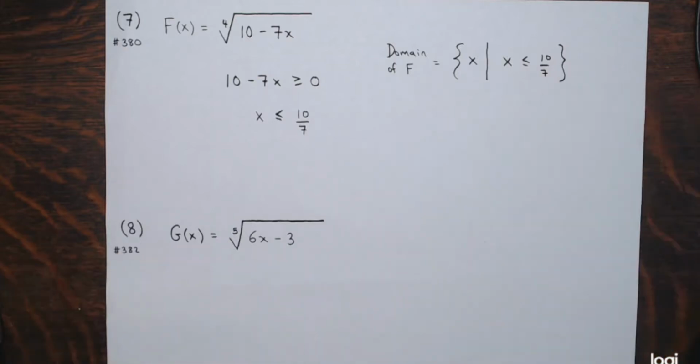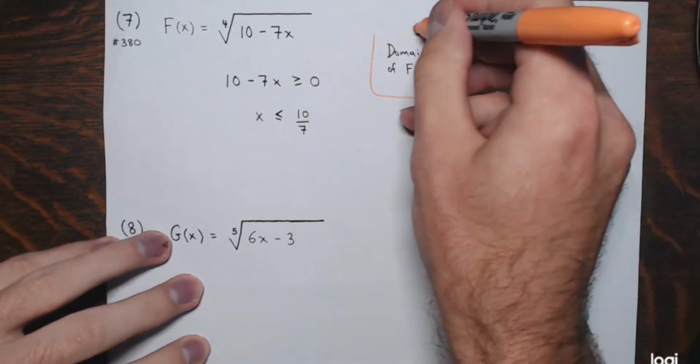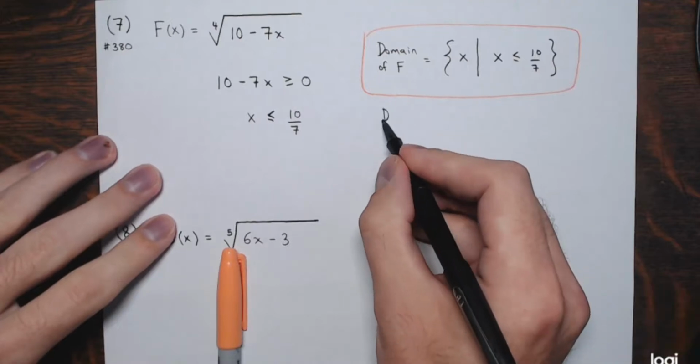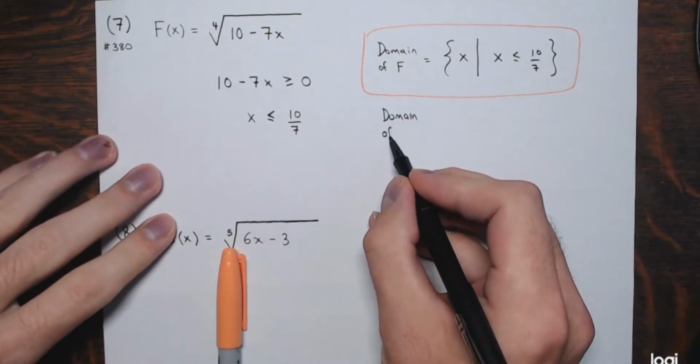So that's one way to put it in set builder notation. The other way is with interval notation. Now this time I'm not going to draw a picture on the number line. You can do that if you wish, but